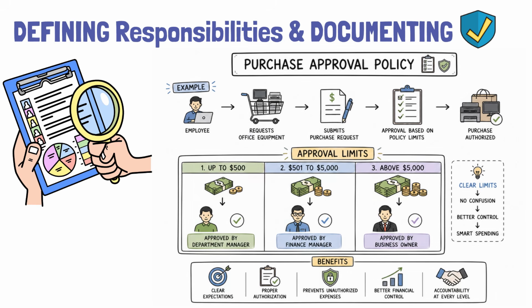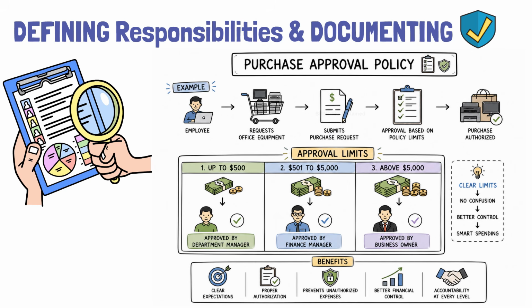For example, imagine an employee wants to purchase new office equipment. Your policy might state that purchases up to $500 can be approved by a department manager. Purchases between $501 and $5,000 require approval from the finance manager, and anything above $5,000 must be approved by the business owner. With clear approval limits, employees know exactly what is expected, and expensive purchases are less likely to happen